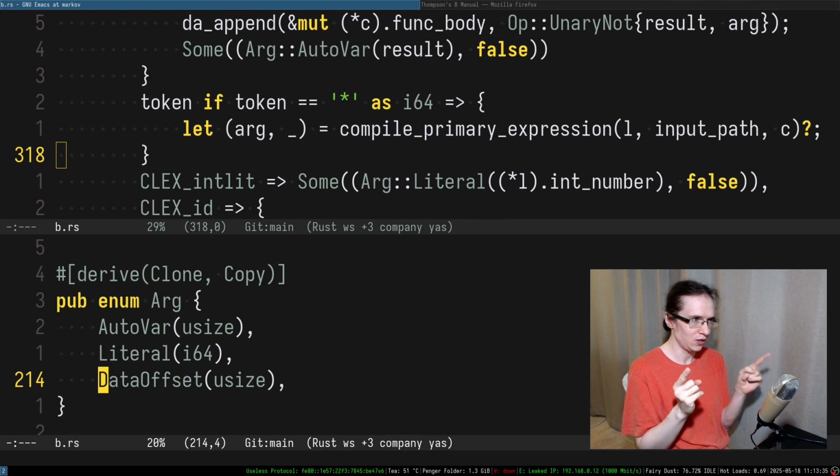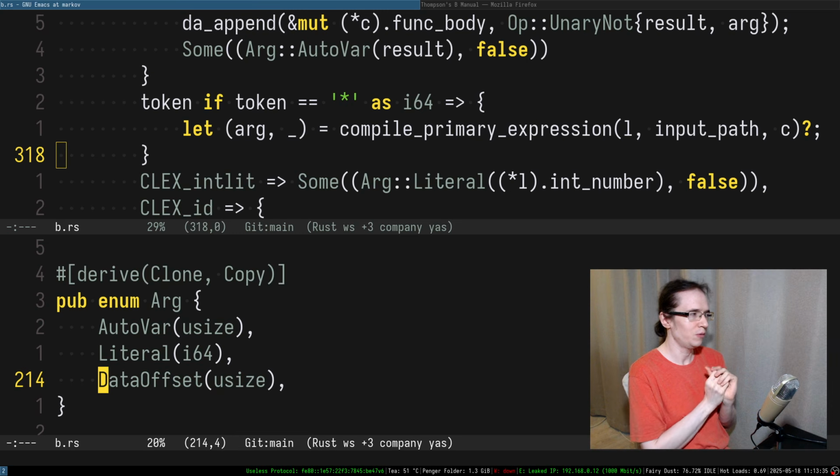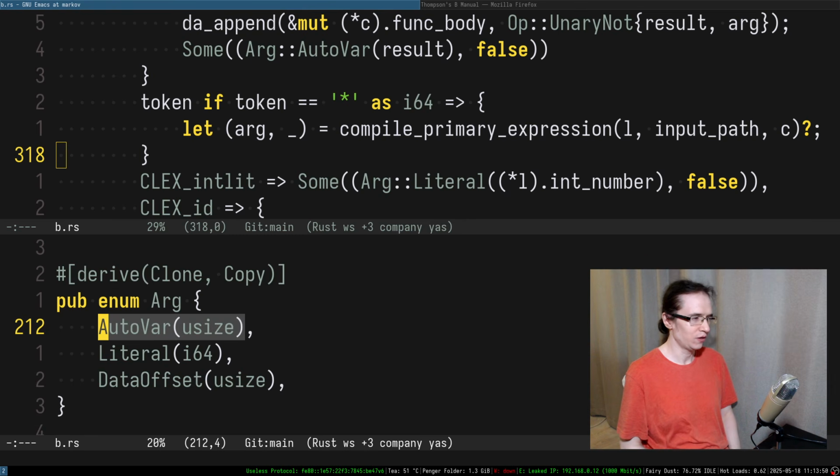It tells you that this thing is an address in memory somehow. But where is that address in memory going to be stored? We can store it in an automatic variable, sure, but on top of that, we can't use autovar because it's interpreted slightly differently. So I feel like maybe